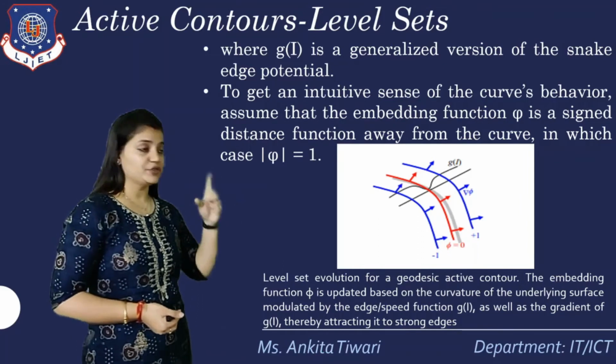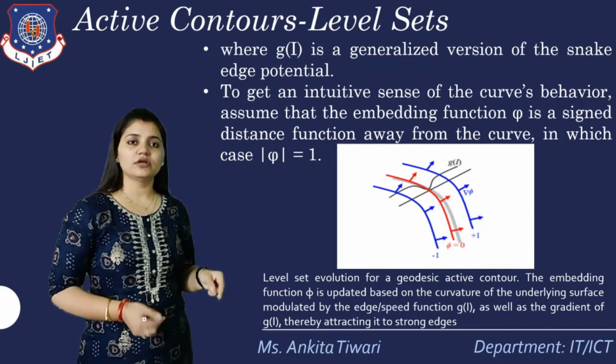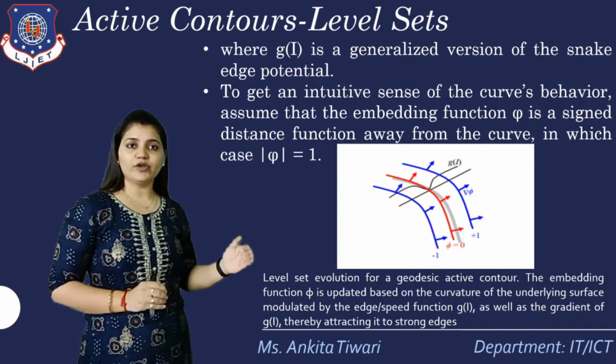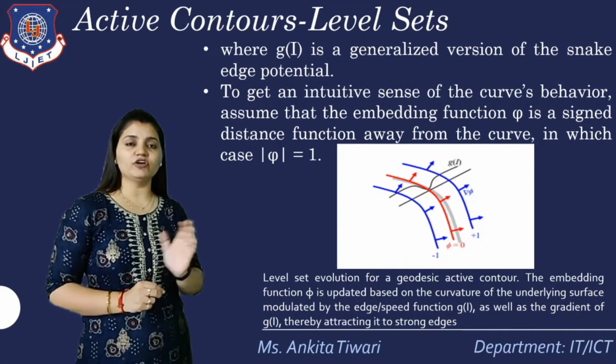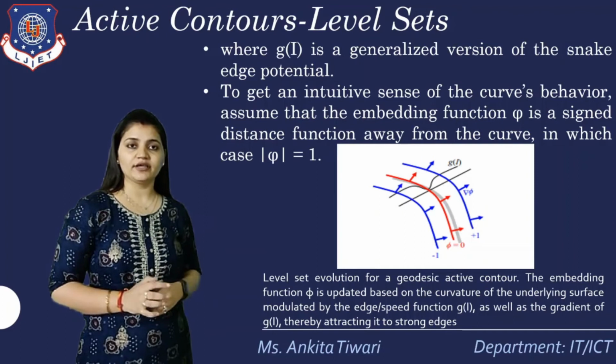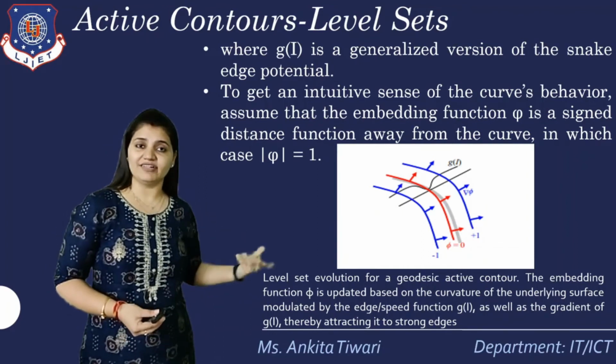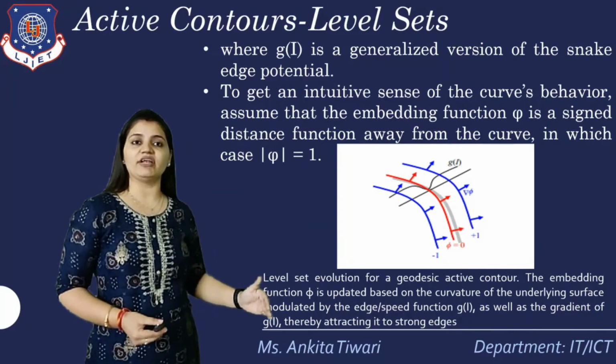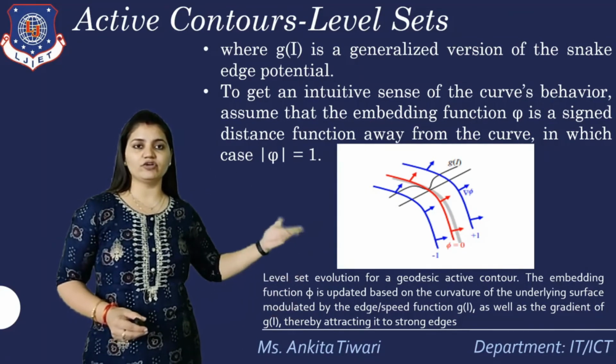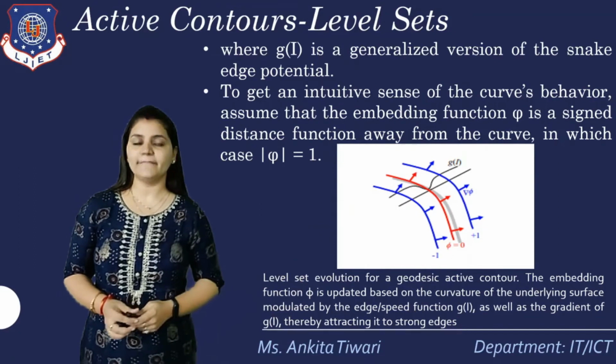G of I, as you can see, is smooth if I'm taking the middle value, but if I'm going above and below, it is slanting, it is changing with respect to the delta of phi. So this is what happens whenever we are setting the level set, which is defined with a particular level with three parameters: phi equal to 0, phi equal to +1, and phi equal to -1.